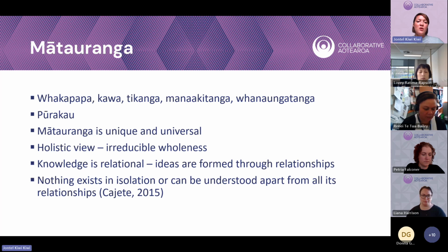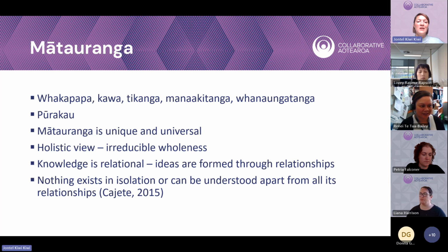Pūrākau. So I think from a Te Ao Māori perspective, and probably a lot of other cultural perspectives as well, storytelling and having that connection into the origin of things is a really beautiful, unbiased way of people being able to connect to something bigger and see themselves in that story in a way that might influence them to change the way they might think of something or reevaluate something. No matter where a story is from, no matter what culture it is, it's always interesting, always a lesson to be learned in there. So pūrākau are really valuable in this space.